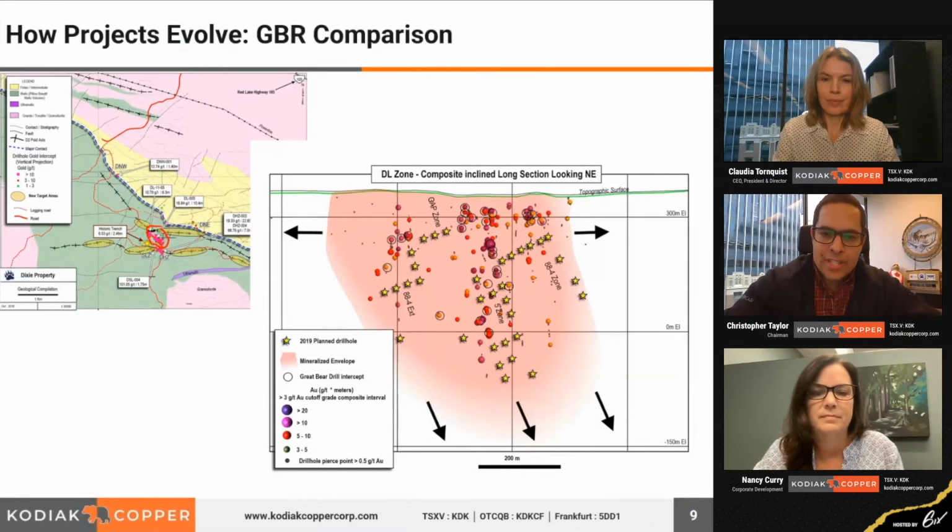And we began systematically drilling off the Limb Zone, and we saw that there were significant trends and plunges of high-grade gold mineralization in this zone, and we began to generate some real success for the company. In a way, this is like what Kodiak is doing right now with the Gate Zone. You have a target that has now been proven and is expanding systematically with the ongoing drilling, but you can